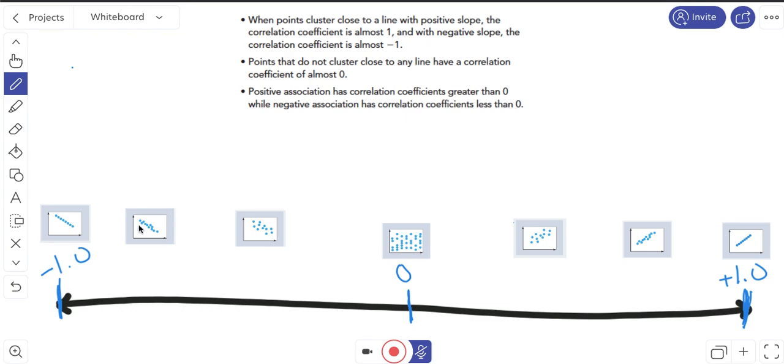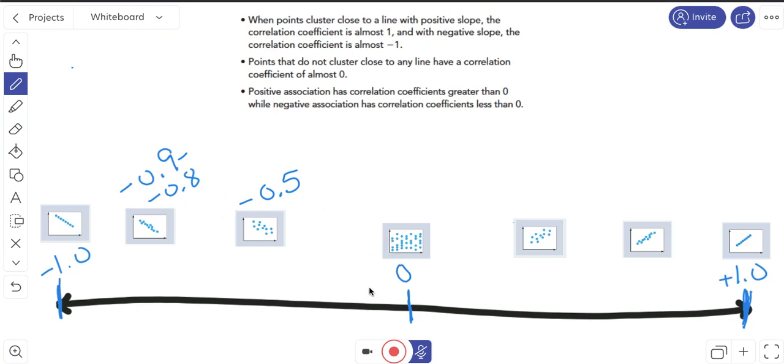If I were to estimate the correlation coefficient of this particular graph, I would maybe call it a negative 0.9, maybe as low as negative 0.8. This relationship here is pretty strong. It's stronger than this one, which has no relationship whatsoever, but it's not as strong as over here. So I'd maybe call this one negative 0.5 correlation coefficient. Now notice, unless I actually know what these data points are and I put them into a calculator, I can't actually be completely positive of what these correlation coefficients are,